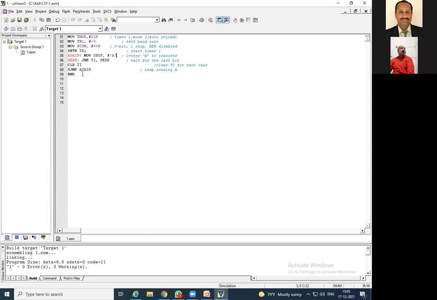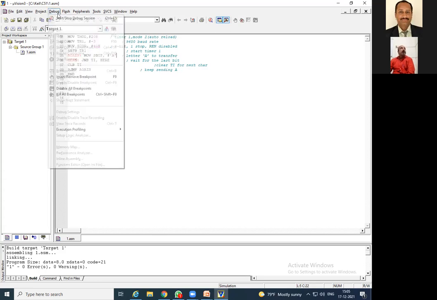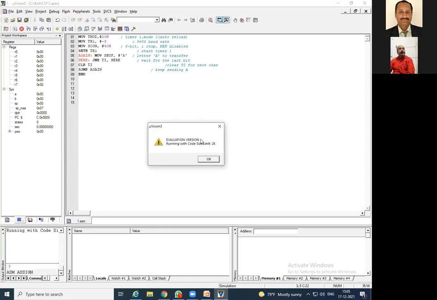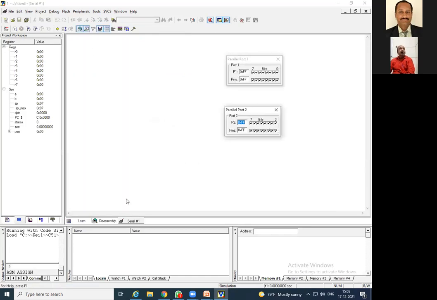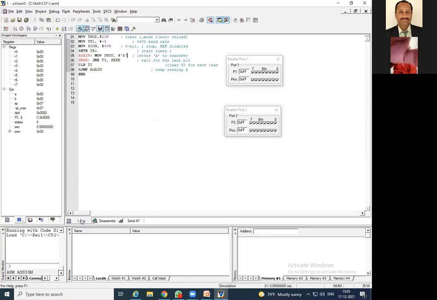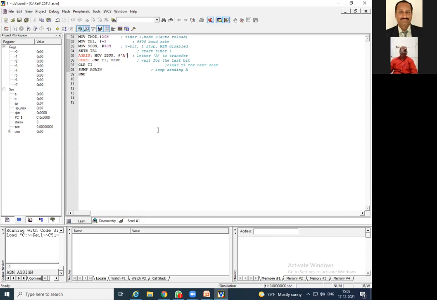We have checked the errors, and now we will start debug. Debug on, just click OK. Now we are going to send the character one by one. Let us run the program and check. But before that, since we are sending serially, we need to activate a window to check the serial output.